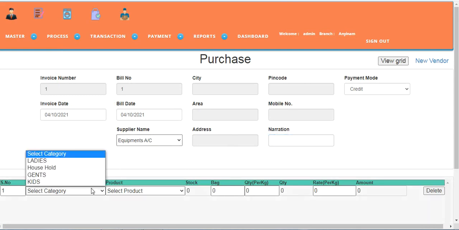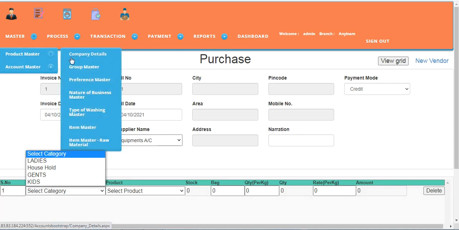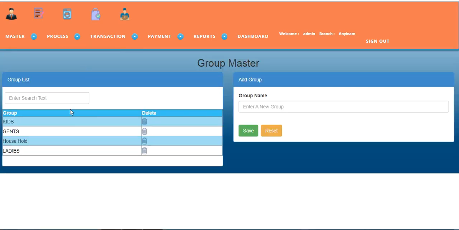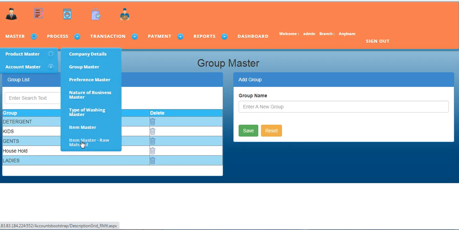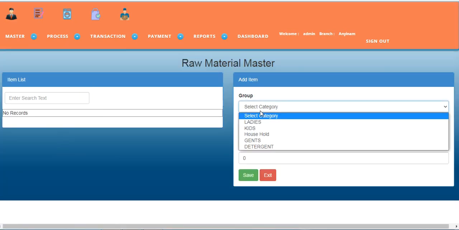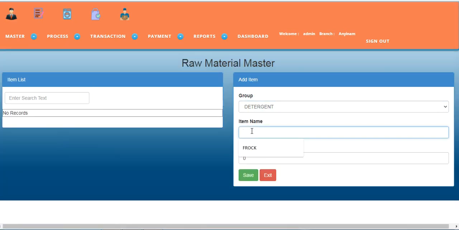And what are the products purchased? We didn't add any product like detergent. You can mention it in the category. So I mention it here, detergent. Okay, I mentioned detergent. Now I add it as a raw material. Detergent liquid.